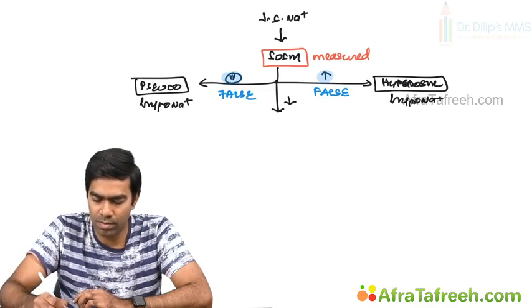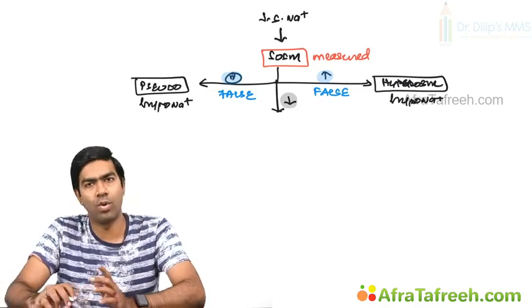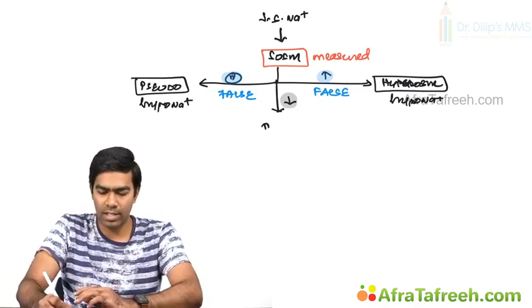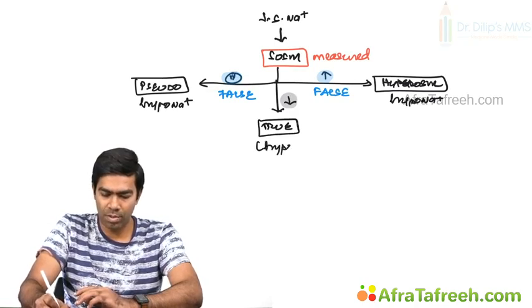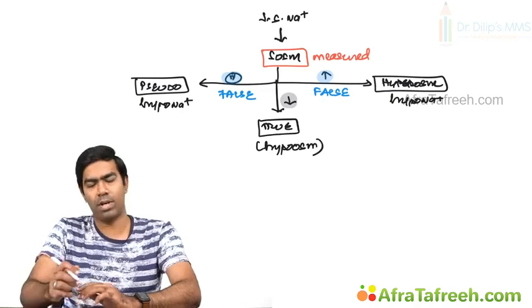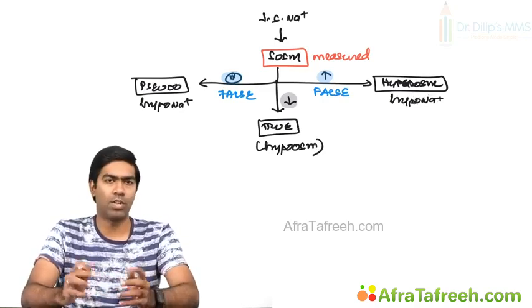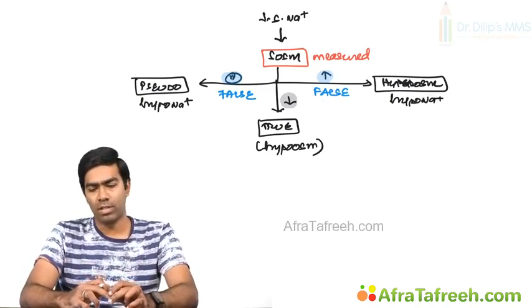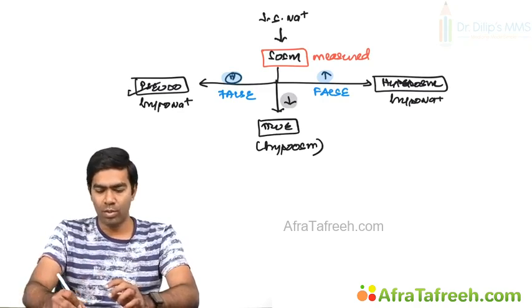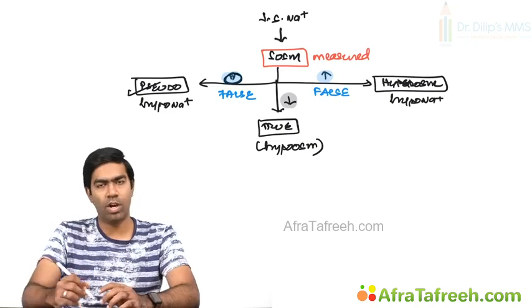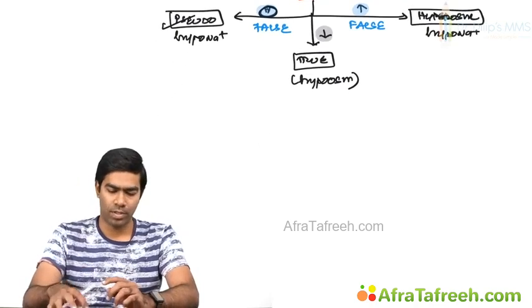If the serum sodium and serum osmolality values are both low in the presence of hyponatremia, then it indicates a true hyponatremia, or simply we can call it a hypoosmolar type of hyponatremia, which is a true hyponatremia. So why do you get a pseudo hyponatremia, where the patient has a normal serum osmolality? Why is that so? For that, you have to